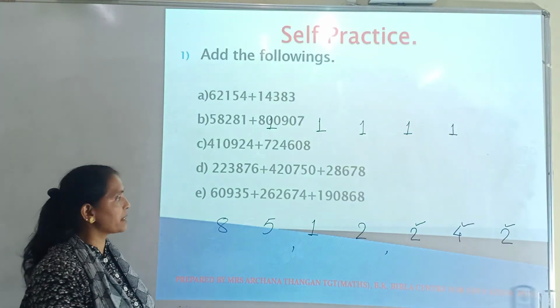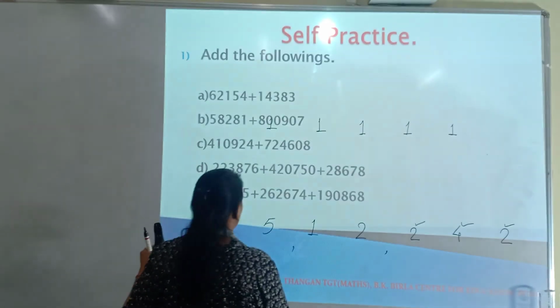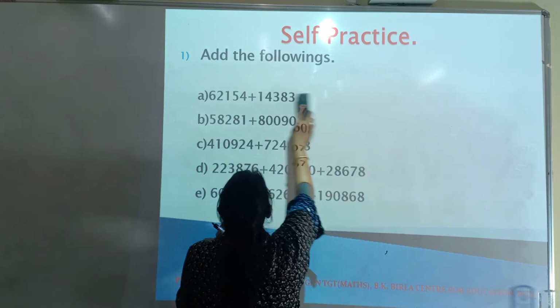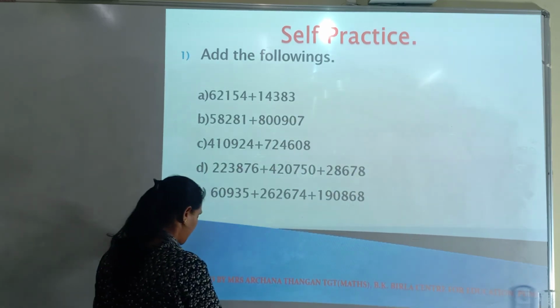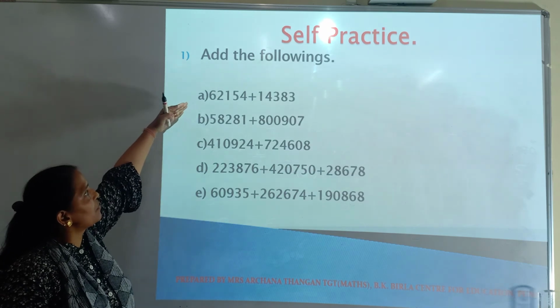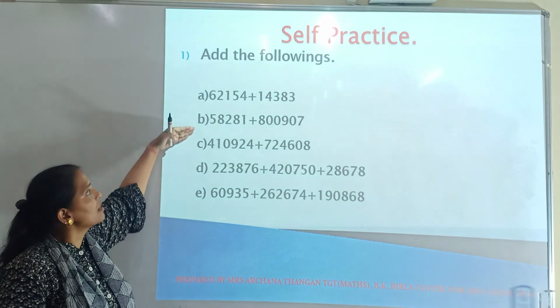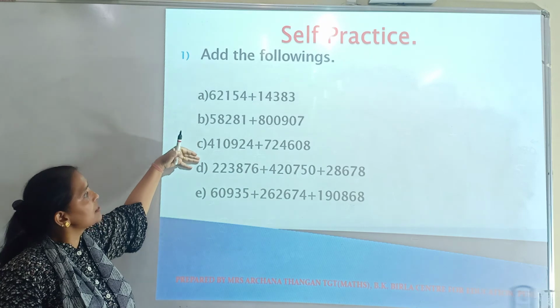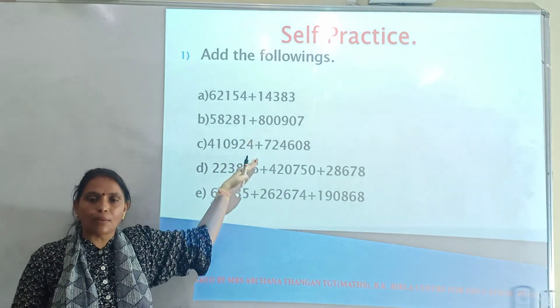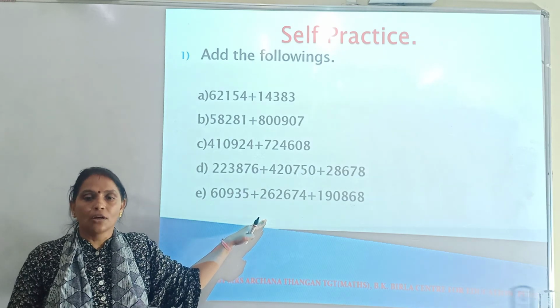We have self practice. Add the following numbers. Some are 5-digit, some 6-digit, and in some there are 2 numbers, somewhere there are 3 numbers. The same rule you have to apply. Write the numbers in a place value chart and add them. Hope you understood how